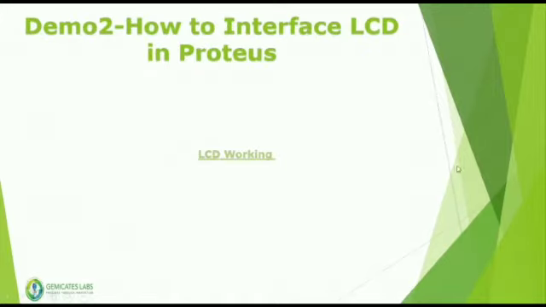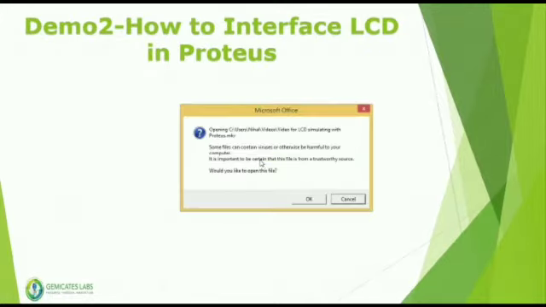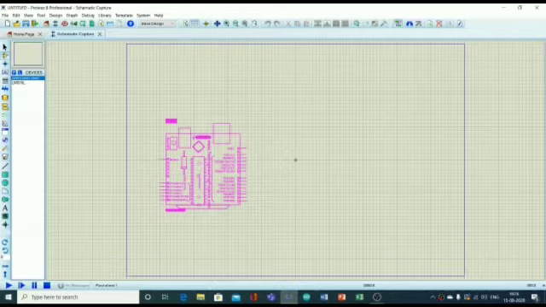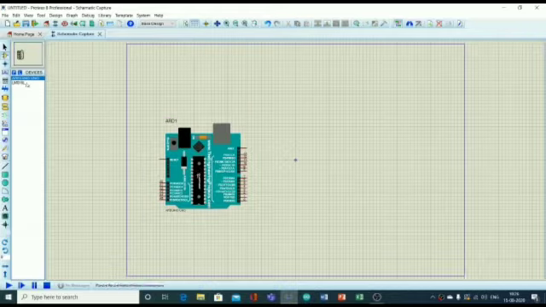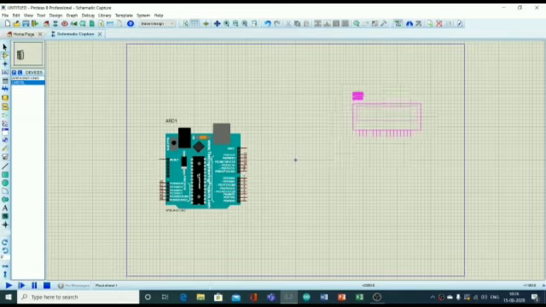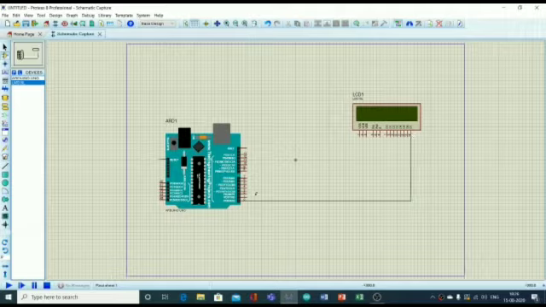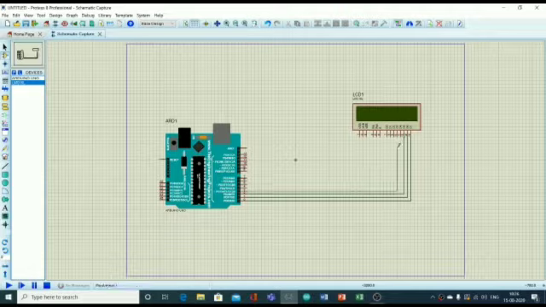In demo 2, let us see how to interface LCD in Proteus. As we know before how to select components and place components in Proteus software, the required components for interfacing LCD display are Arduino and LCD display. Here it has 8 data pins to send 8-bit data, and an enable pin for data acknowledgement, and a read-write pin used to read and write data.